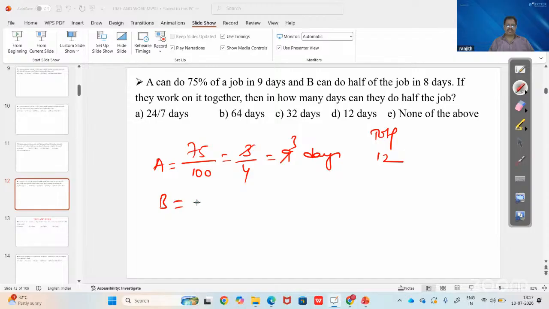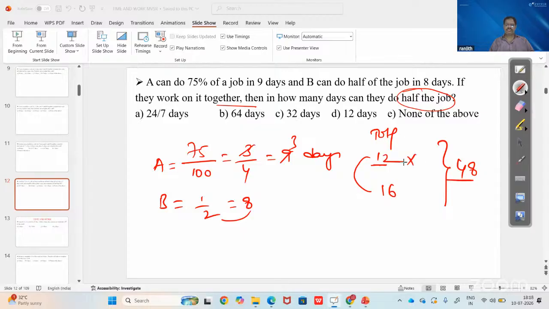B can complete half of the work in 8 days. Then total equals 8 twos are 16. If they work together, in how many days? Half of the job. What is the total job? So LCM of 12 and 16 equals 48. In the 12 table, 48 is 4 times. In the 16 table, 48 is 3 times. We need to find out